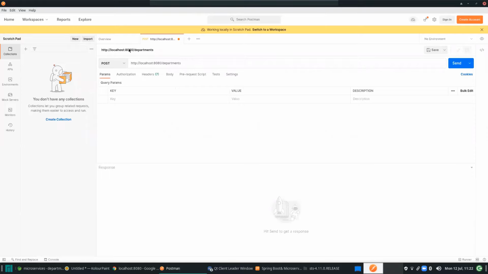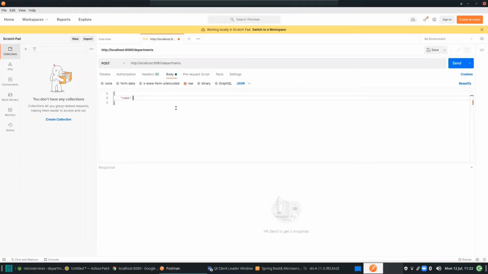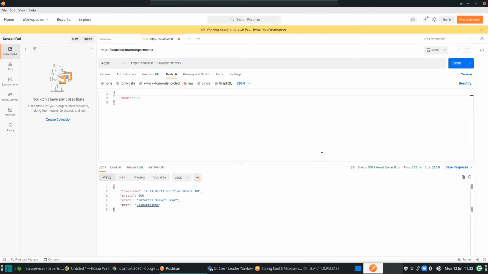So this is the POST method we have given. And as part of the POST method, I want to send JSON data in the body. So I'll select JSON here and I'll send only the name, because I want the ID to be generated automatically. That's what we have given as ID, so automatically it will generate. So now the department is IT department. I'll send the request.